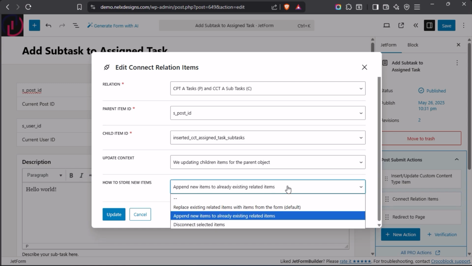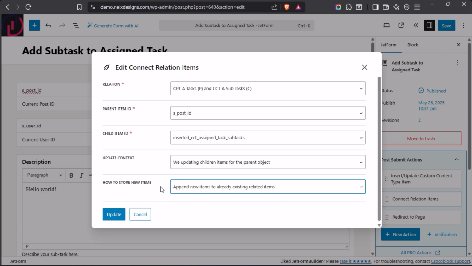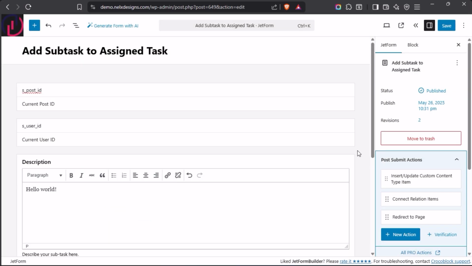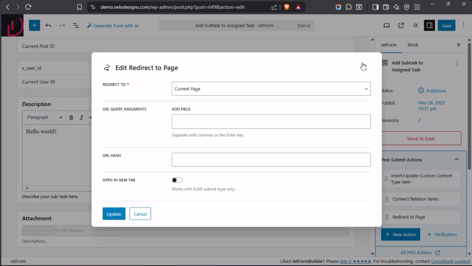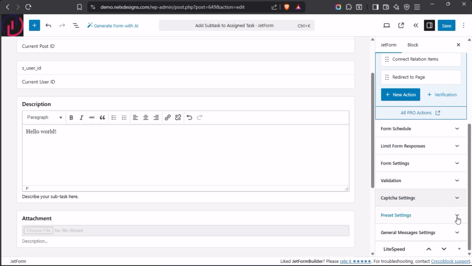And here you can replace, you can append. I've never found this to be too restrictive. These three items marked with red asterisks are the very important things that you should pay close attention to, and that's done. So that is the most important thing with this subtask stuff, and it's also the same thing with the comments form. Then the last post submit action here is just to reload the page,